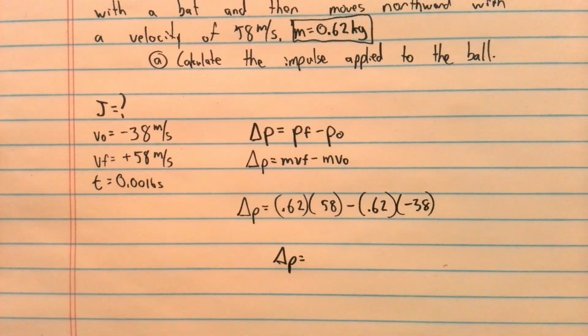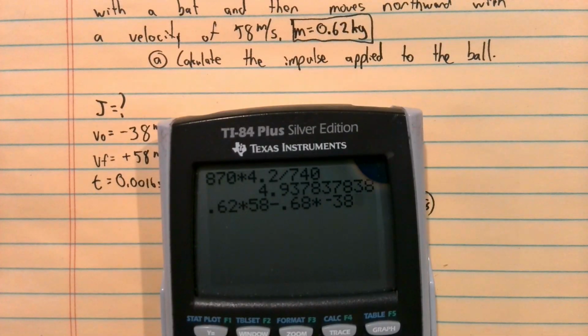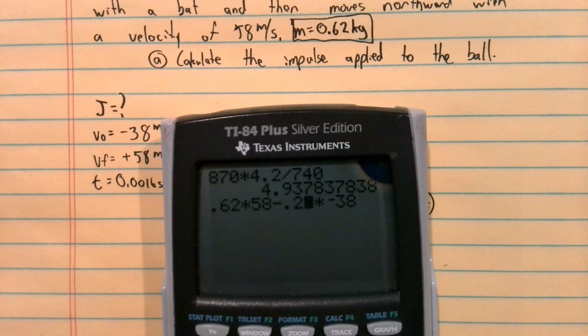Set up nicely that we can plug it all into our calculator at once. 0.62 times 58 minus 0.62 times negative 38. That's how I have it in my calculator if you want to compare. Oops, I've made a mistake here, 0.62. So it'll be 46.6